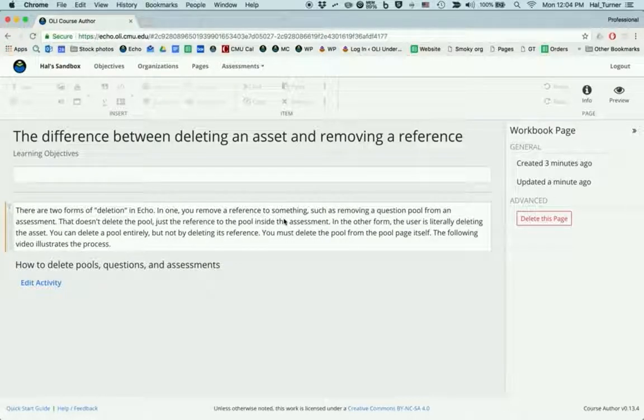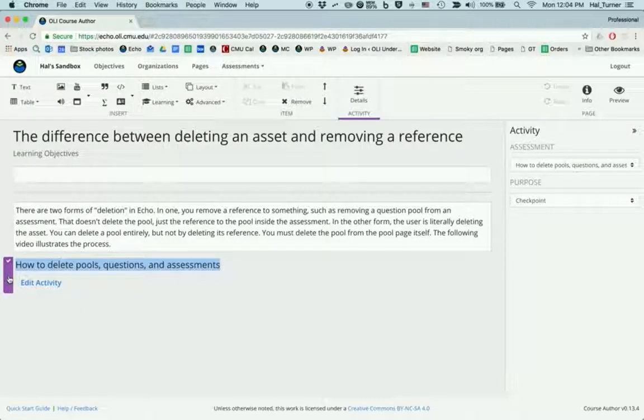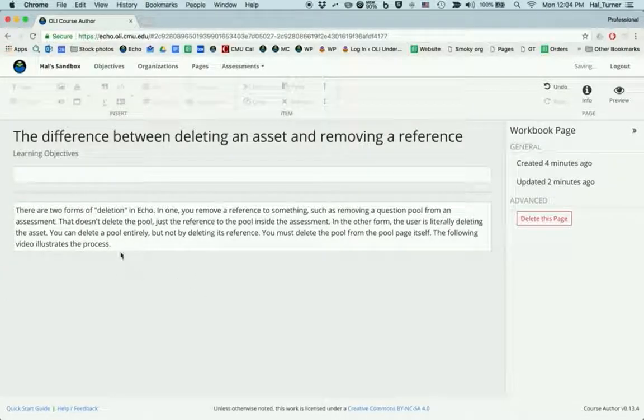Okay, let's briefly look at the difference between removing references to assets and actually deleting those assets. So here we have a page, and on the page is a summative. This is actually a reference to an assessment. The assessment is called How to Delete Pools, Questions, and Assessments. And if I choose it on the page and I remove it from the page, then I haven't actually deleted